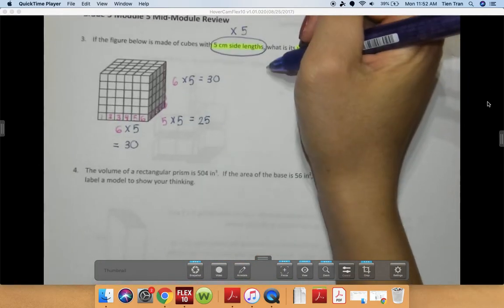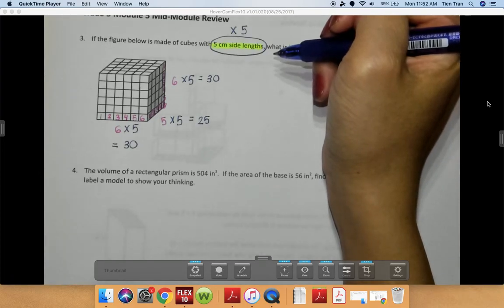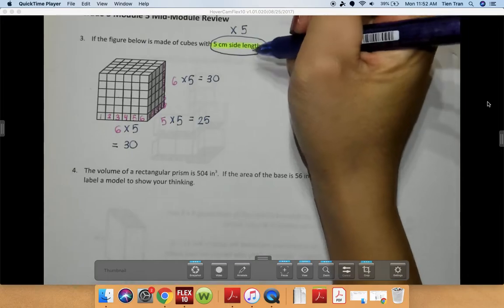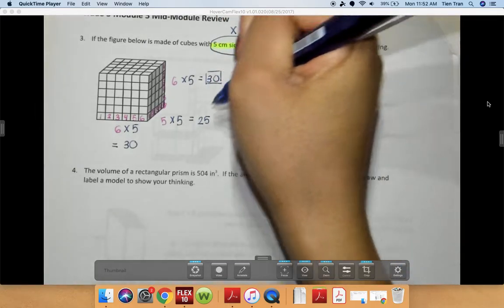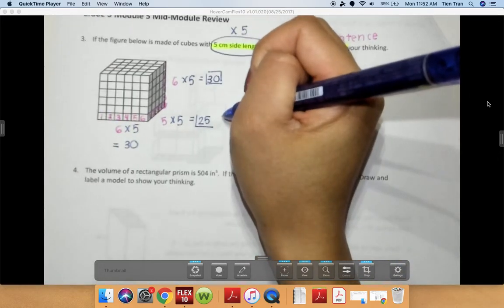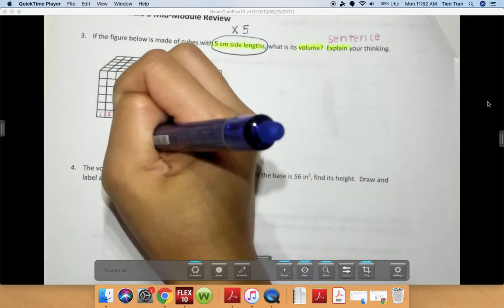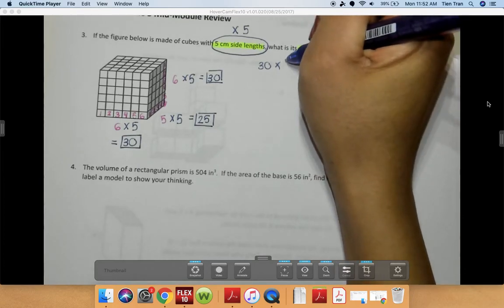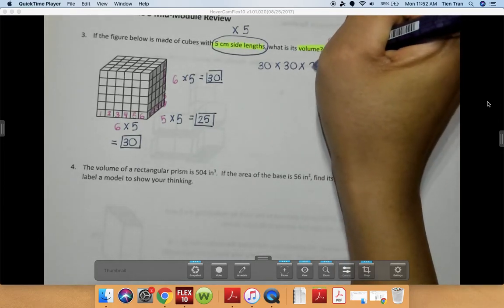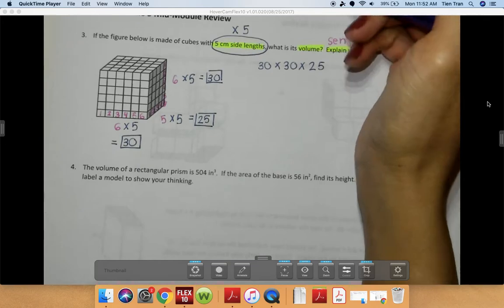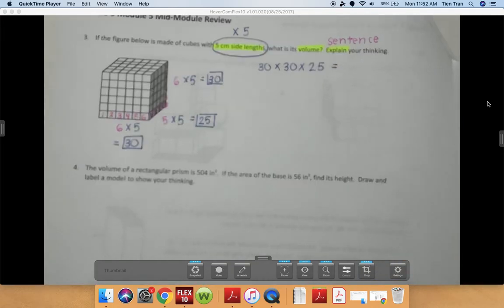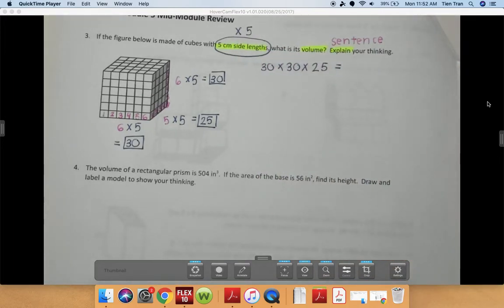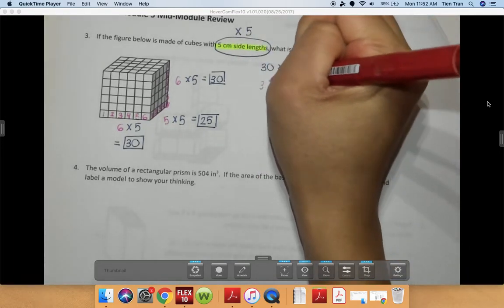Okay, so now I'm going to solve for the volume. So I am going to multiply 30 times 25 times 30. 30 times 30 times 25. Okay? And how is Ms. Tran going to do that? She's going to write it down right here for you guys to see. So I know that 30,